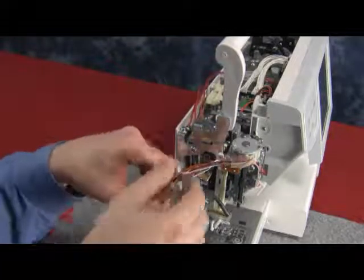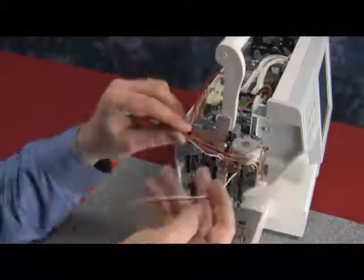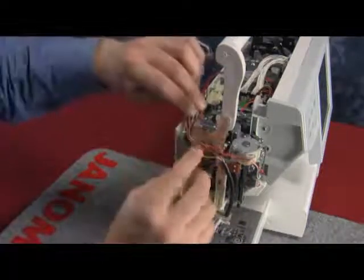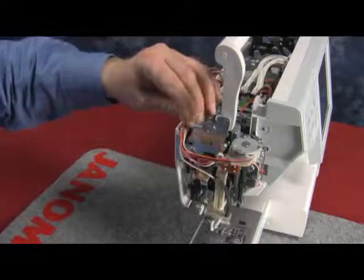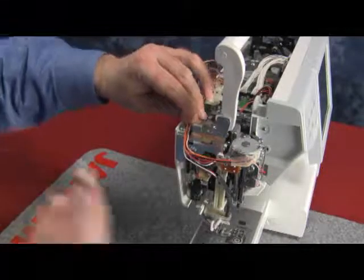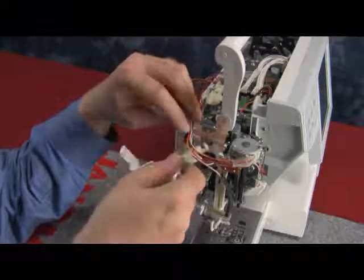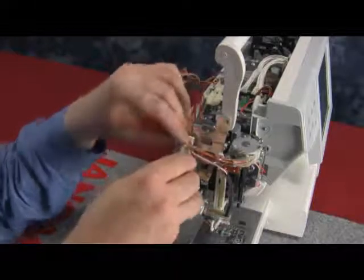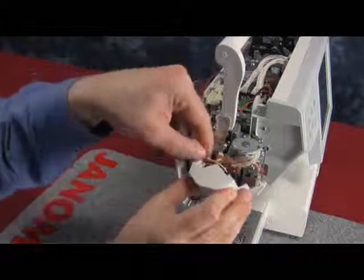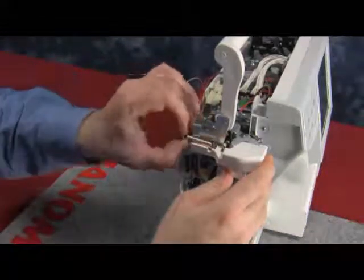Now you need to grab all the wires from the threader motor unit itself and bring them towards the top. Also bring the lamp wire up and try to guide them in with the rest of the wires. You want to keep the excess wires towards the back and leave just a little bit of slack towards the front. Now grab the white threader cover and hook it from underneath. As you hook the wires from underneath, turn the white threader cover upward and guide the wires through the white threader cover. Put the cover back onto the needle threader motor,